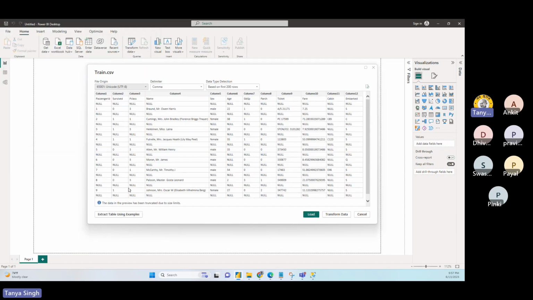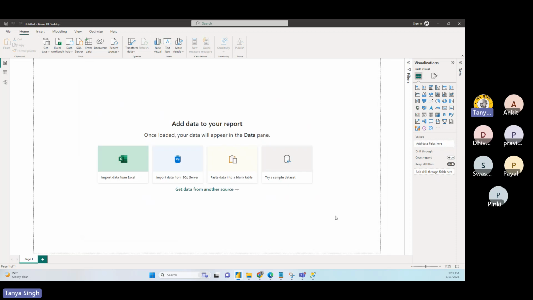Once you import it, you see these things coming, and these are the values you have. It shows 200 rows, with comma as the separator, how you are separating your data. You can use a custom value, and you can load the data. You see the first column is my column name, but it's not recognizing that. So what I need to do is transform data.